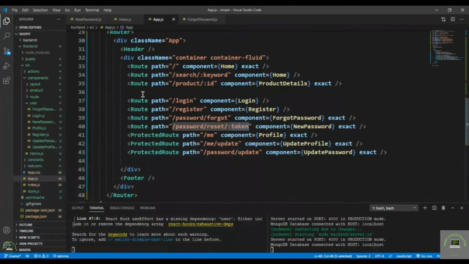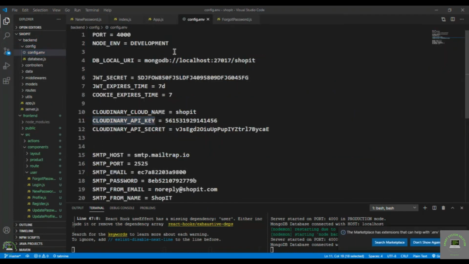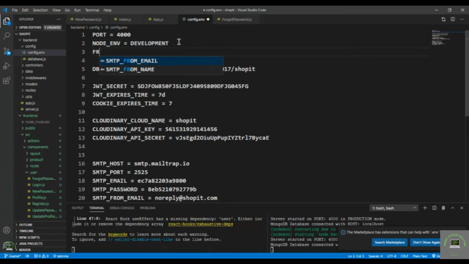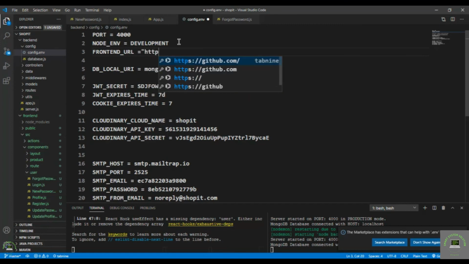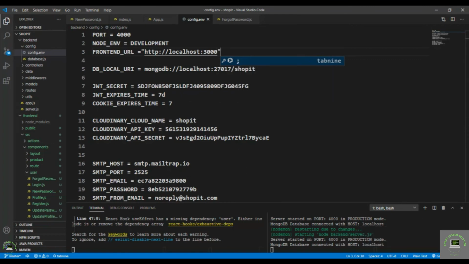So I simply go back, and what I do is simply go to my backend in the config.env. I simply put in here a variable that is called front end URL. Okay, that is going to be http localhost port 3000. Basically when I deploy this application, I will remove it, because in that case we don't have to specify the front end URL. But right now in the development mode, just to test it, I simply put in here the front end URL,